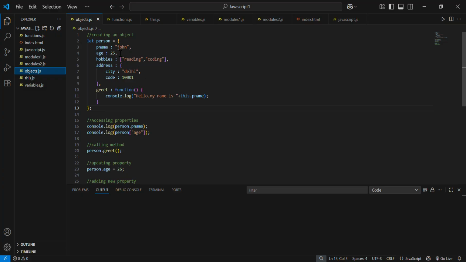Here we created an object like let person equal to some key value pairs like pname John, age 25, hobbies reading, coding, and created an inner object address with key value pairs city Delhi, code 10001, and added a function or method greet and printed hello my name is,